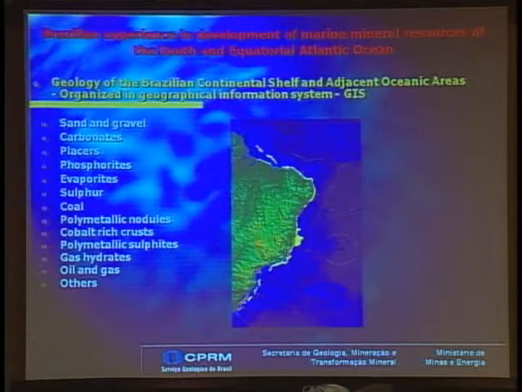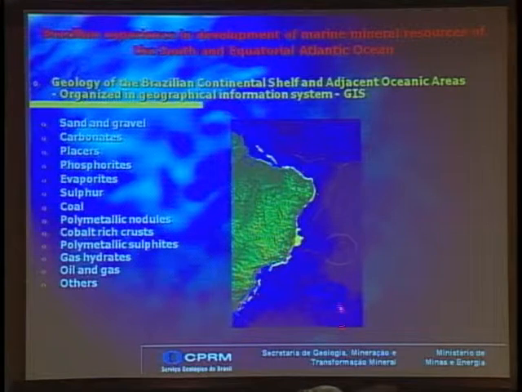As I told you before, we have information on all known mineral resources and also occurrences of mineral resources. It includes, in the Brazilian continental shelf and adjacent oceanic areas, sand and gravel, carbonates, placers, phosphorites, evaporites, sulfur, coal, polymetallic nodules, cobalt-rich crusts, polymetallic sulfides, gas hydrates, oil and gas, and others.